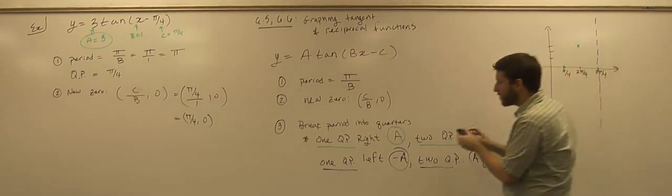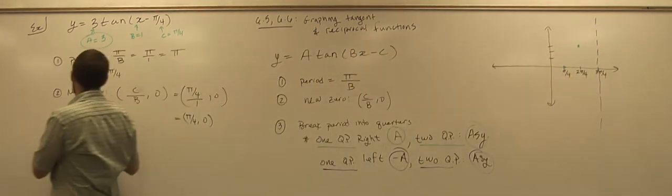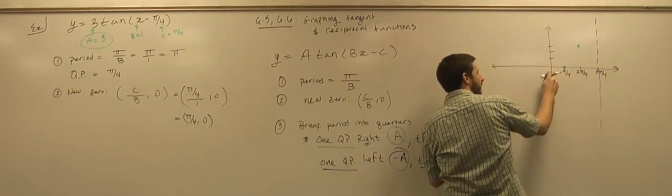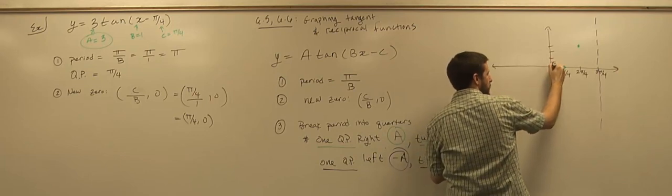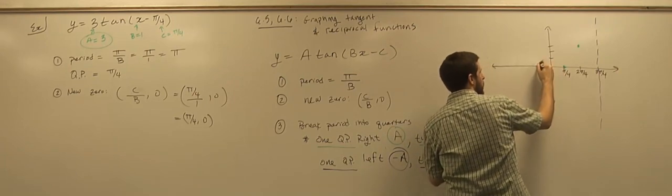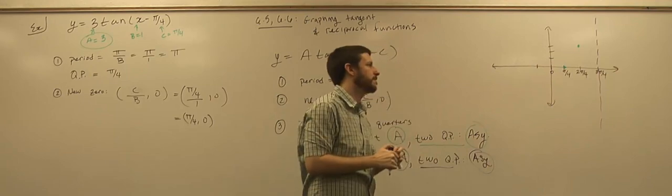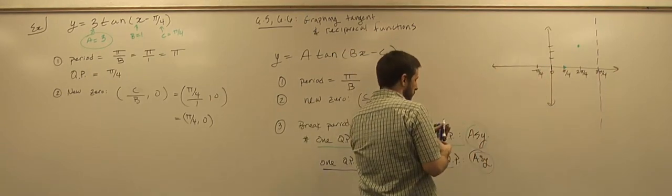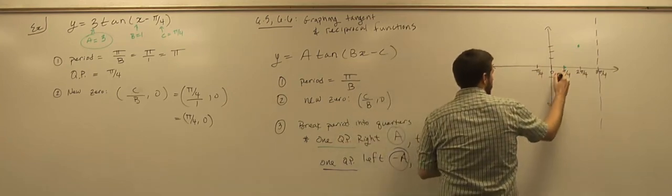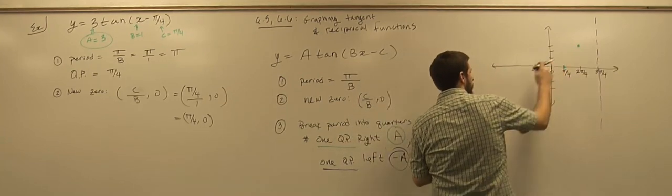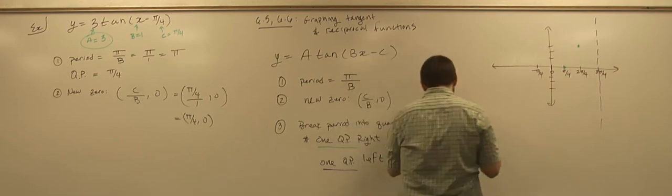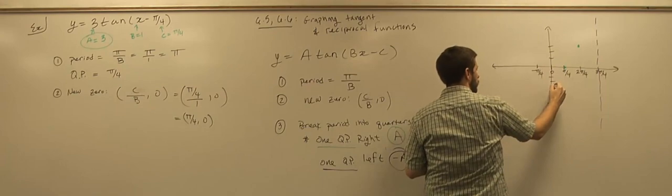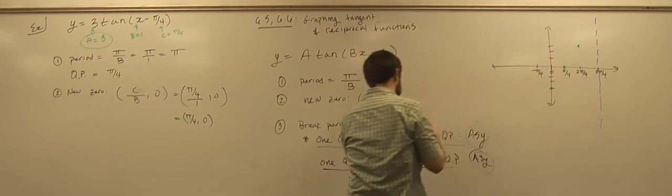Which means I go left pi over 4. I use my quarter period and count to the left. So if I go pi over 4 to the left, what x value am I at? 0. And if I go another pi over 4 to the left, where am I at? Okay, so talk to me about y values. 1 quarter period to the left, what's my y value? Negative a, the opposite of this number. So down 3. And if I go 2 quarter periods,